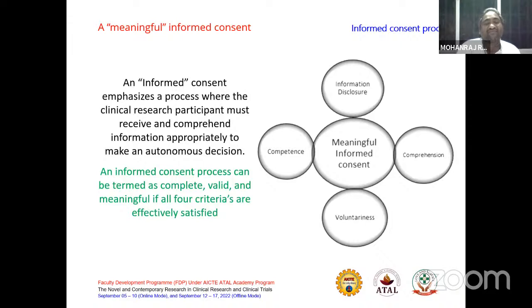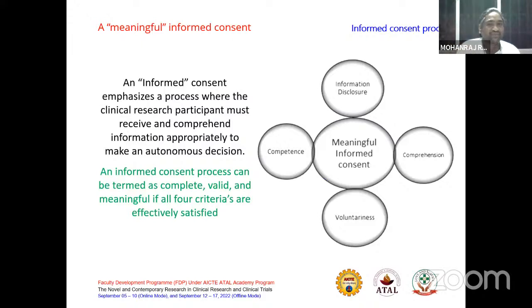And the success of informed consent is autonomous decision. So whenever an autonomous decision has to be taken by the individual patient, the decision relies on four important criteria: the disclosure of information, what we make available to them and what they learn from it in their understanding with better knowledge, and comprehension, which enhances their voluntariness, thereby the competence of the trial will be improved.